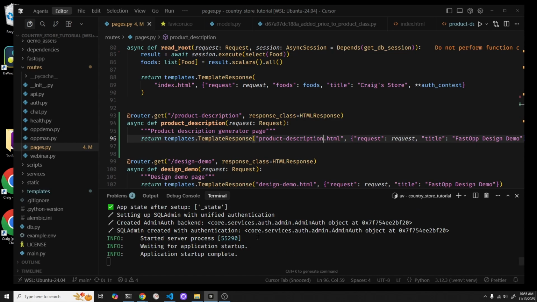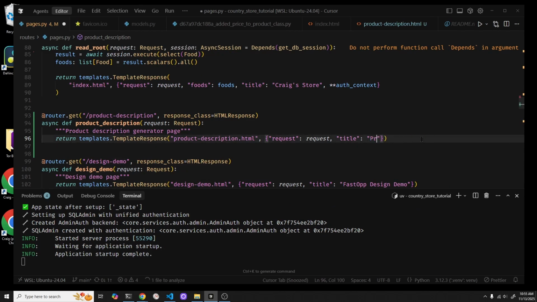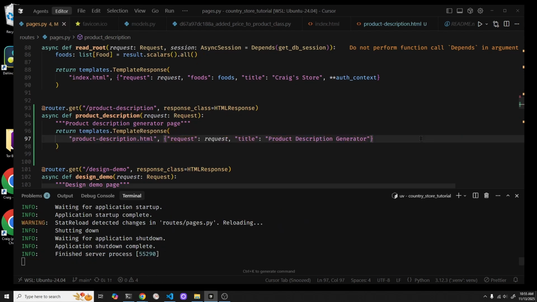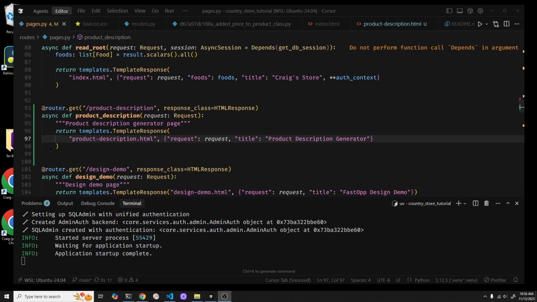And we'll change the title. Product description generator. Okay, so this is our entire route here, on my screen from 93 to 98, and the endpoint is